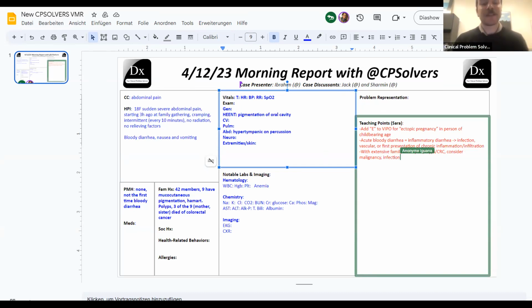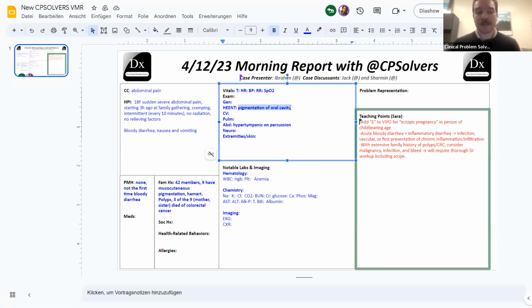I think this is a super interesting turn here. One of the things I'm competing with in my head, as a couple individuals have mentioned in the chat, is the possibility of underlying Peutz-Jeghers syndrome, right? The autosomal dominant disease characterized by mucocutaneous pigmentation, hamartomatous polyps, as well as an increased risk of many gastrointestinal cancers, mainly colorectal cancer. So that's certainly looming in the background here. But Sharmeen, as you were alluding to, how can we then track those findings onto bloody diarrhea? And I totally agree with you that a potential bleeding polyp is very high on that list.